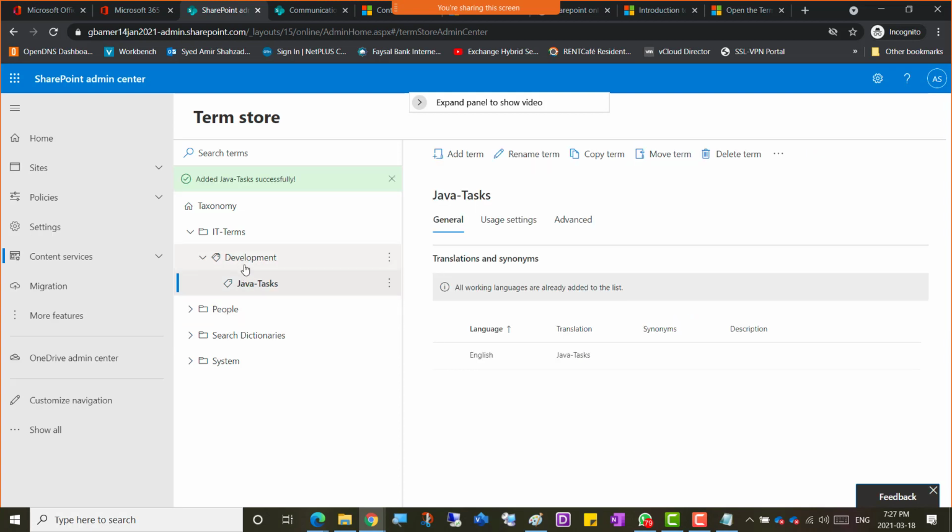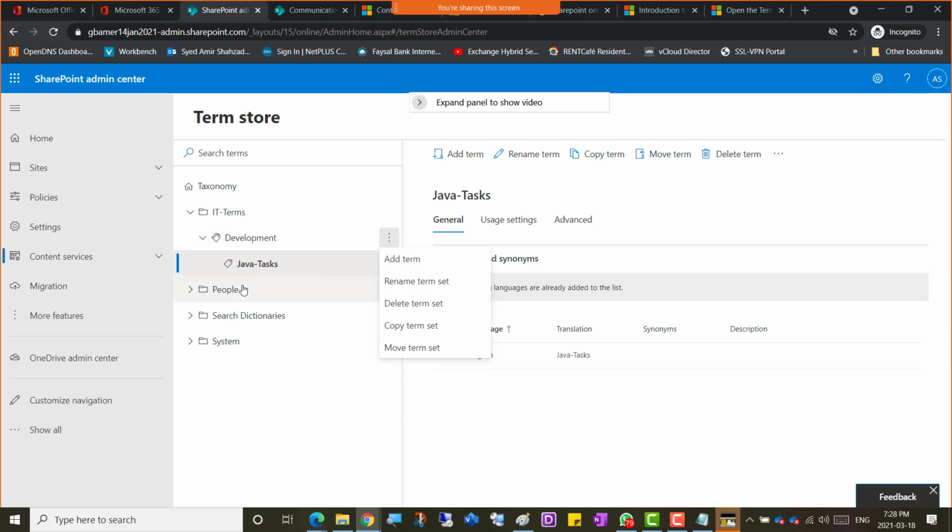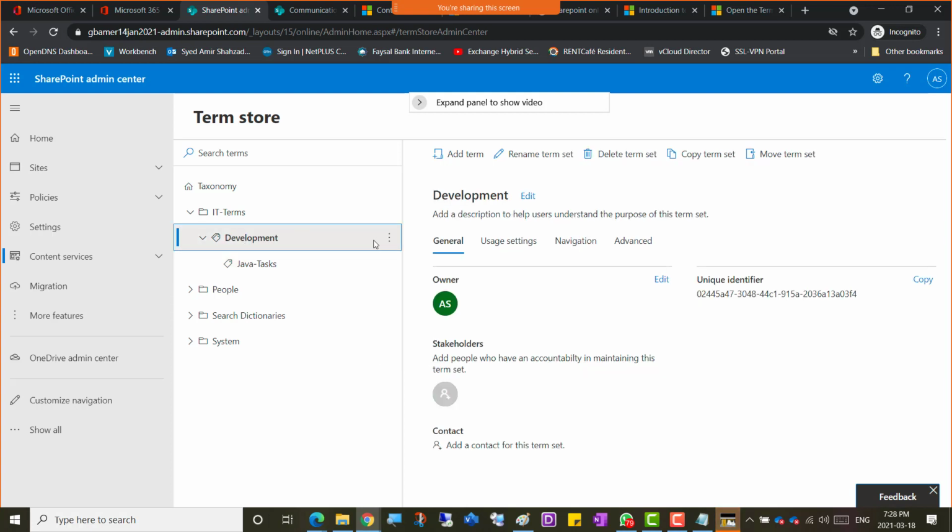And we go up to the development and again go to the same, because we need to create terms on this level, right? Not under the Java tasks. So I'm just gonna go up there to the development and go to this and click another term here. That could be, well, Oracle tasks. Suppose there are developers for Oracle. Press enter,